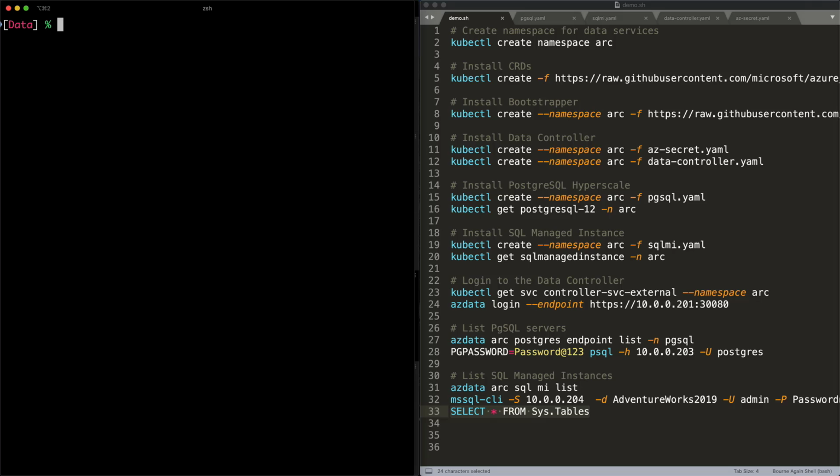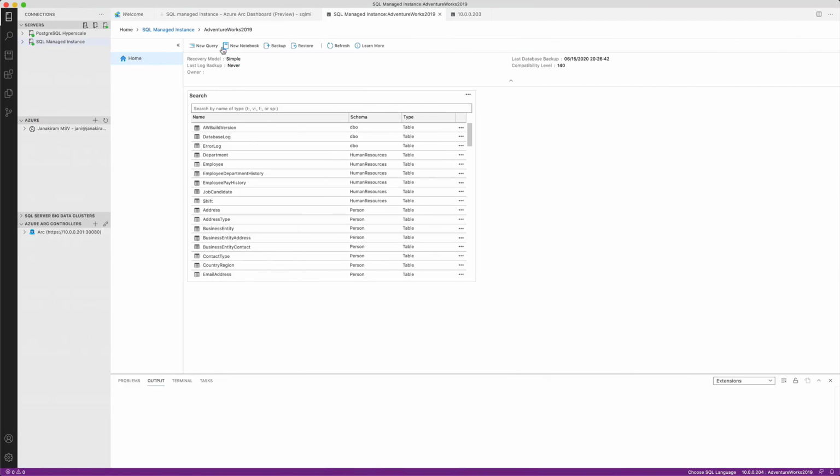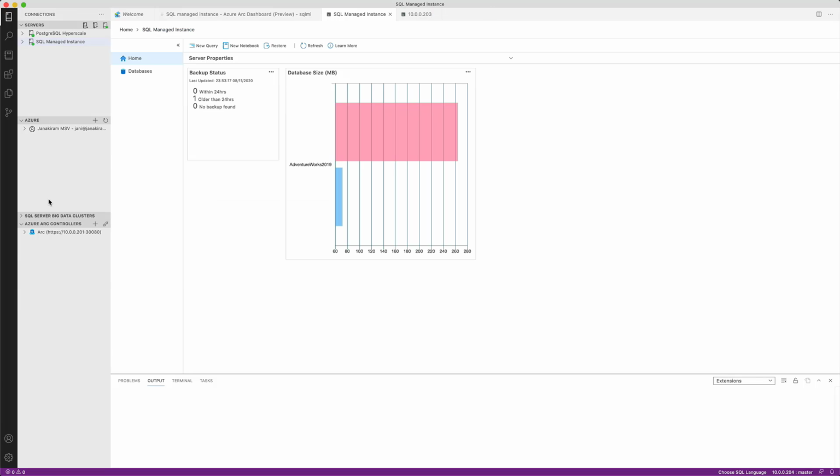Perfect. That's not all. You can even use Azure Data Studio to actually target this. So here is the Azure Data Studio. Now I have installed the appropriate extensions. So one of the extensions is the Azure Arc controllers. So this is the same controller that we deployed as a part of Azure Arc enabled data services.